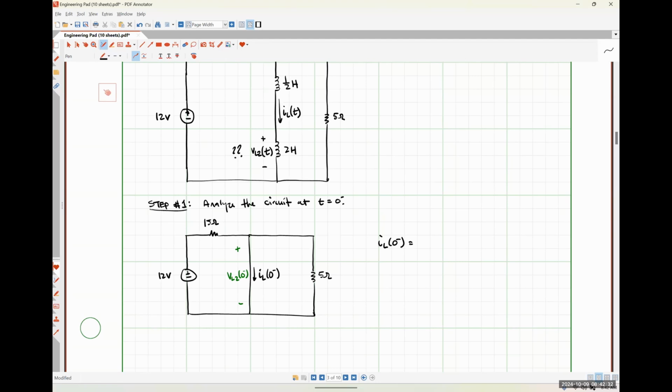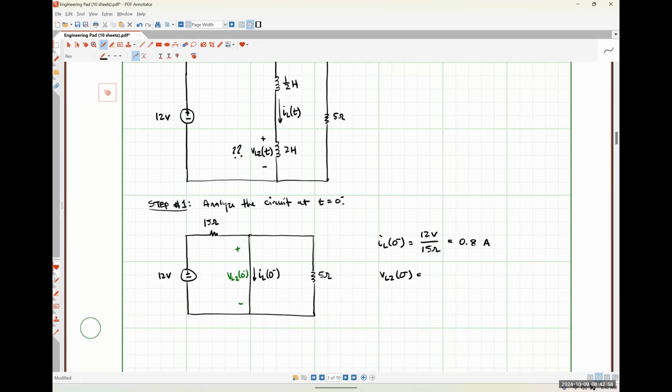Because it looks to me like that 5 ohm resistor is shorted out. So I think it's just going to be 12 volts over 15 ohms, which is 0.8 amps. 4 over 5 is 0.8, right? Yeah. By inspection,